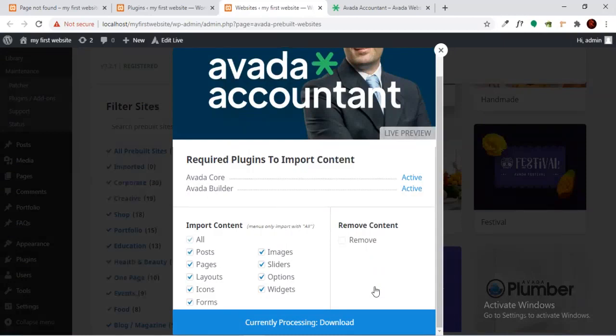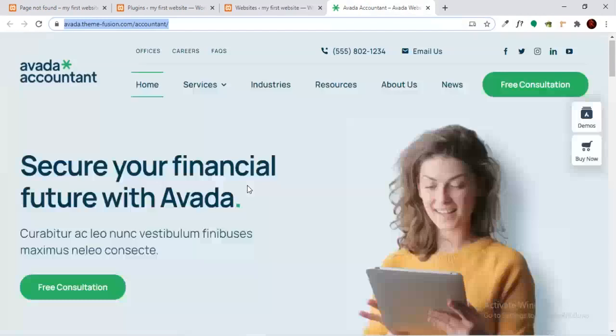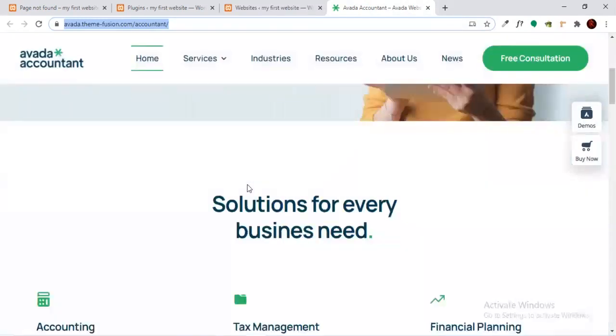It will take some time for downloading the posts, pages, layouts, images, sliders, options, and so on. It will all be downloaded and set up on your website so that all the dummy content will come like the demo version of Avada.